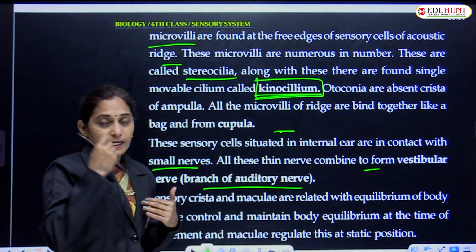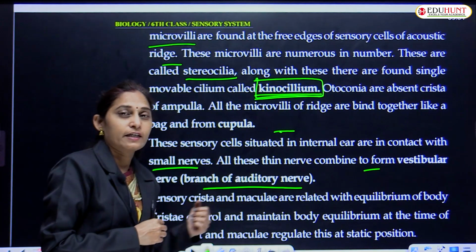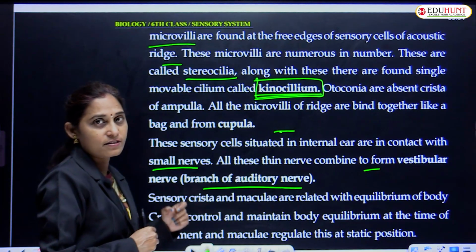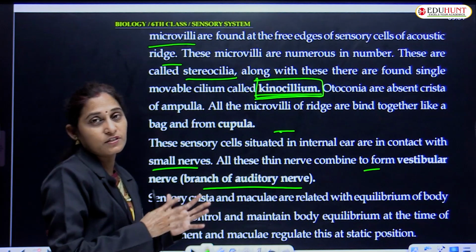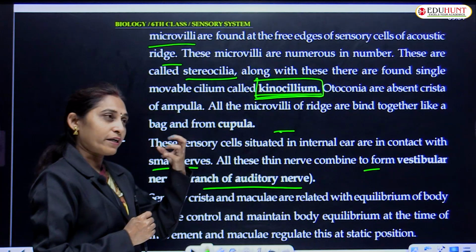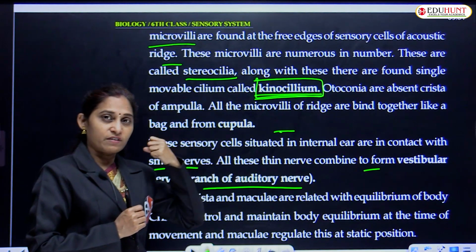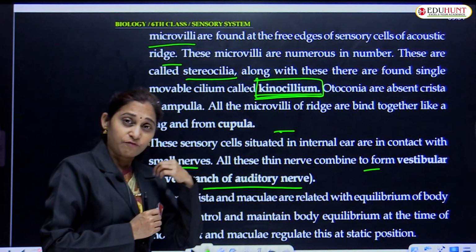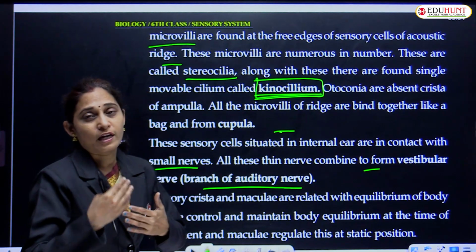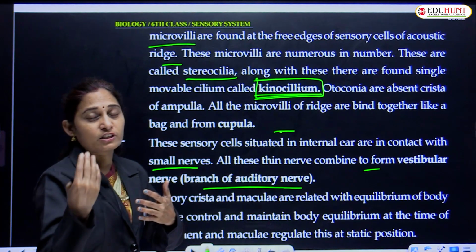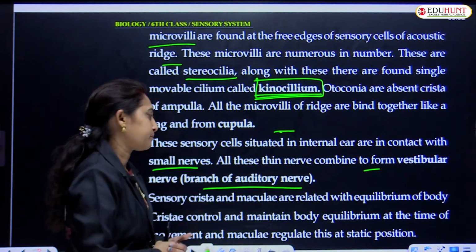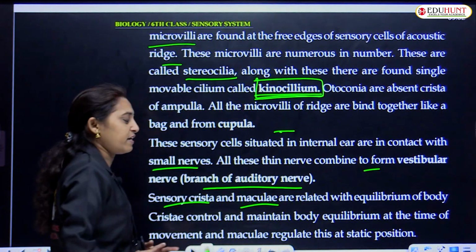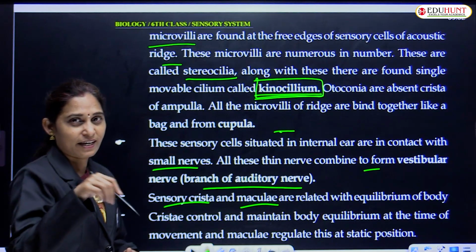అంటే మన కంటికి ఎలా అయితే ఆప్టిక్ నర్వ్ ఉంటుందో, ఇంటర్నల్ ఇయర్స్ కూడా not only internal ear, the ear itself has nerves in connection with the brain, because whatever sound waves it receives, these have to be converted in the form of chemical and other signals which are perceived by the brain. And sensory cristae and maculae, these are somewhat ridge-like structures